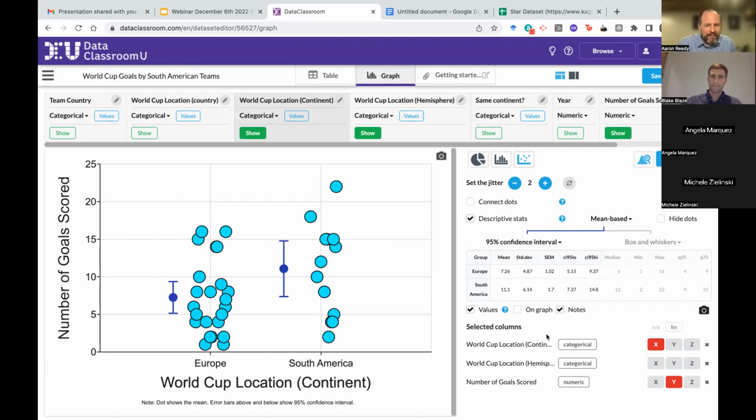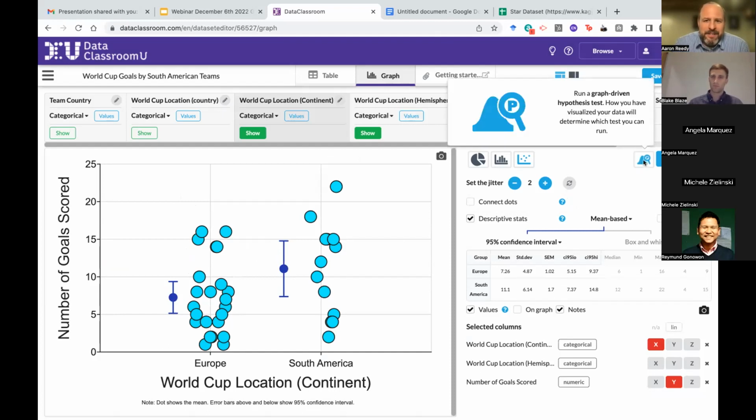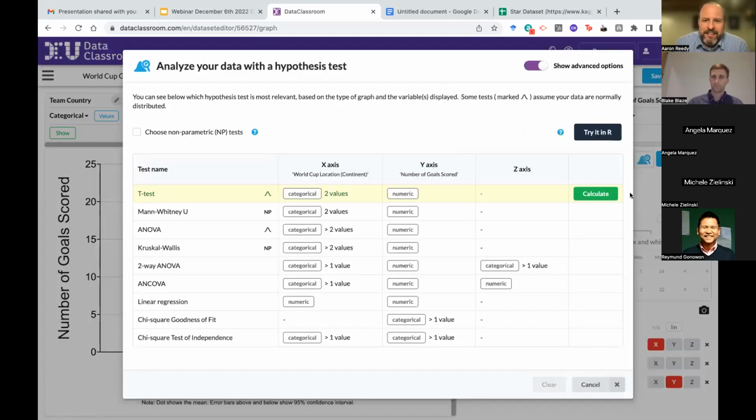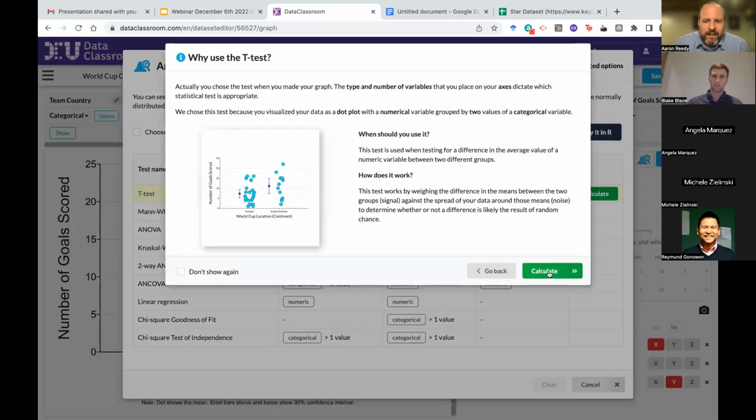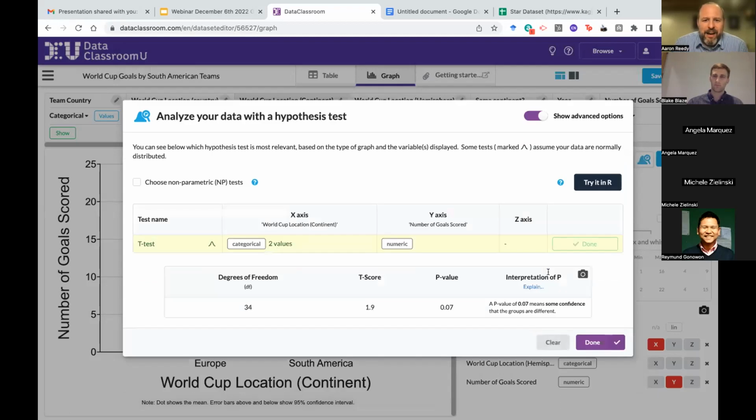And now when we're looking at 95% confidence intervals, we still have a little bit of overlap, but it's getting closer to sort of not overlapping when we do this 2-point comparison. If we go ahead and run a statistical test from here, I'm going to run the graph-driven test, and we'll run the t-test again. And now we get this result. We see our degrees of freedom 34 there, t-score 1.9, but this p-value